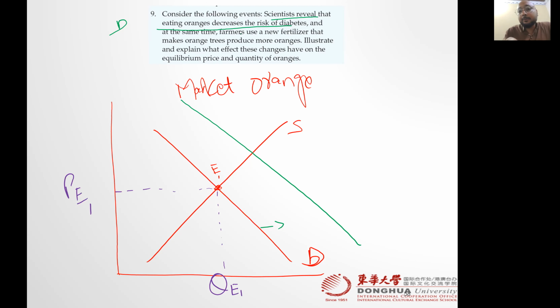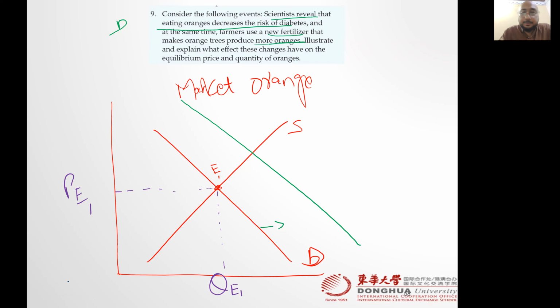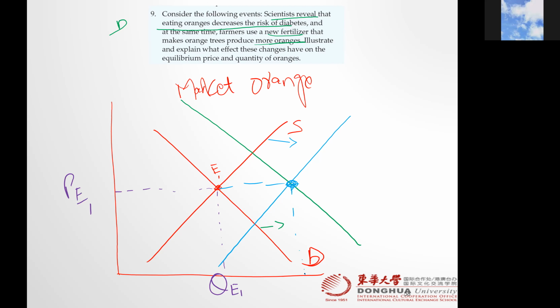Yes. At the same time, farmers use new fertilizer that makes orange trees produce more oranges. So more oranges, which means there's going to be more supply, right? When supply increases or new technology comes, what happens? Supply shifts to the right. So what will happen here? Approximately,